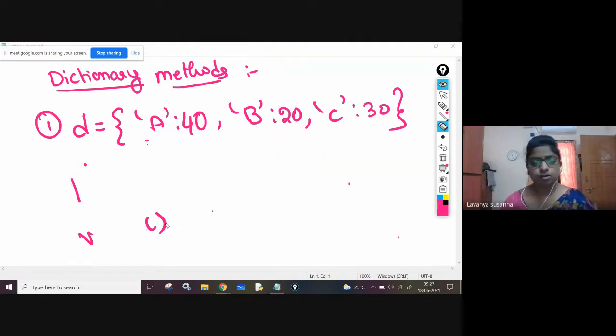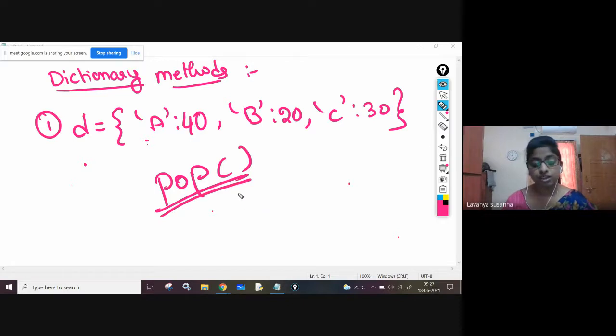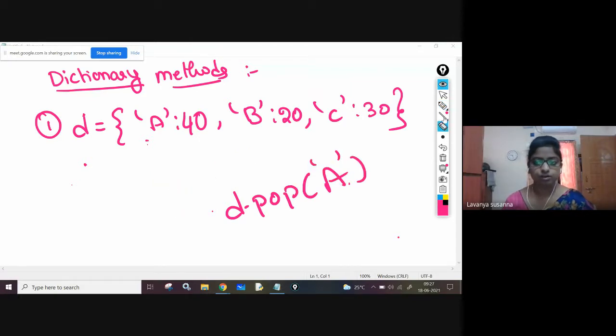Now if you want to delete a key pair, a key and its value also, use the pop function. In that you need to pass only one argument, d dot pop of a. You need to pass the key, not the value, only the key.